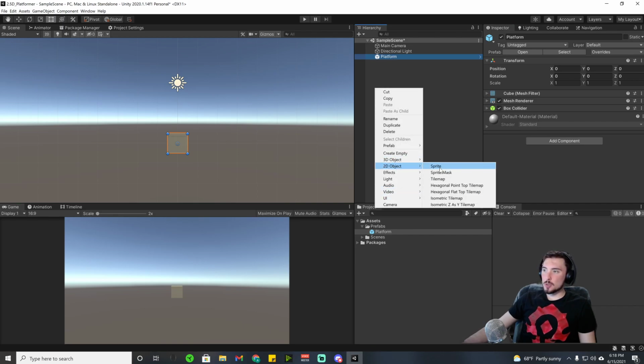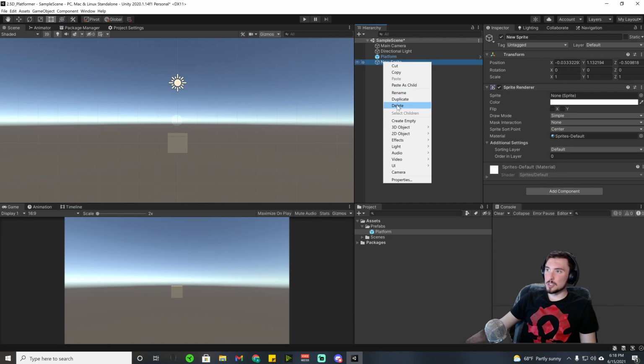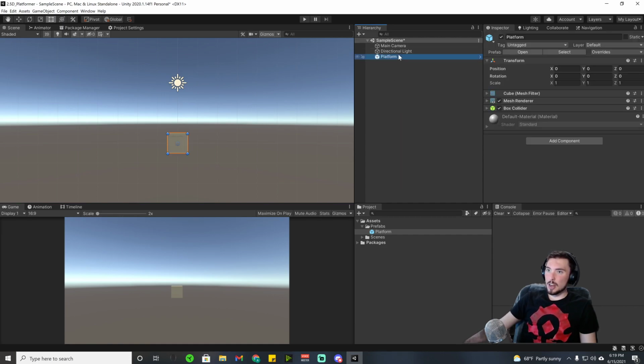So even if I created a 2D sprite, which a sprite is another word for an image, if I created a new sprite, it still has a transform, even though it's 2D. And it still has X, Y, and Z, even though it's 2D. And this cube that I made that I named platform also has those same things. So a transform is the data of that object's position, rotation, and scale on the X, Y, and Z